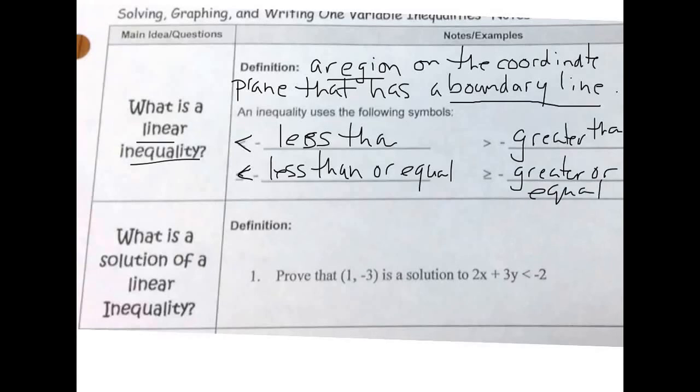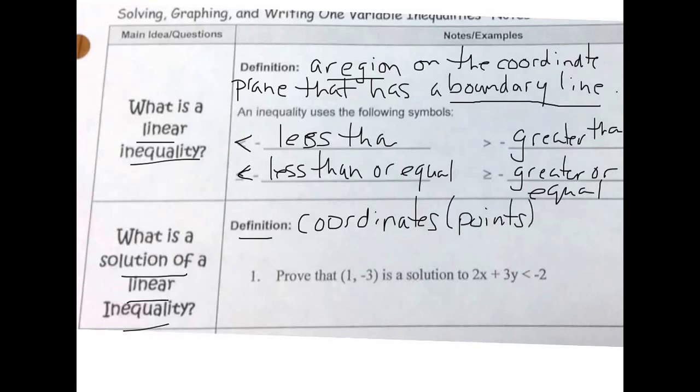Okay. The next one is a definition of a solution to a linear inequality. The solution to an inequality are the coordinates or points that make it true. Okay? They're going to be the coordinates or points that are in this region that we talked about up here,